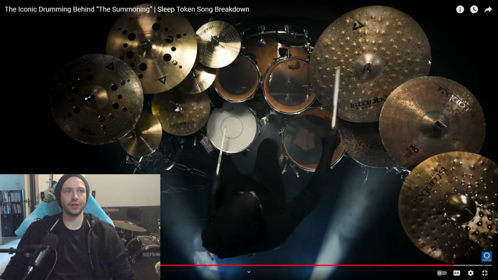Really, really common pattern over on the ride cymbal here. That bow, bell, bow, bell, bow, bell, or in this case, I think it's a bell, bow, bell, bow.